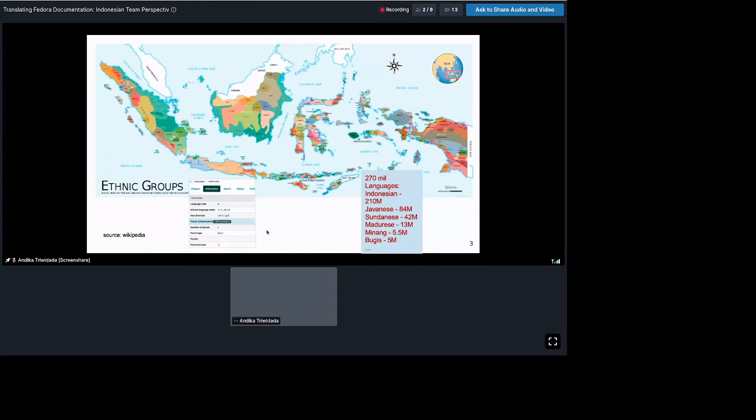But actually the correct one is that we have two plural forms. I don't know if it's possible to reconfigure Weblate to get the proper setting.